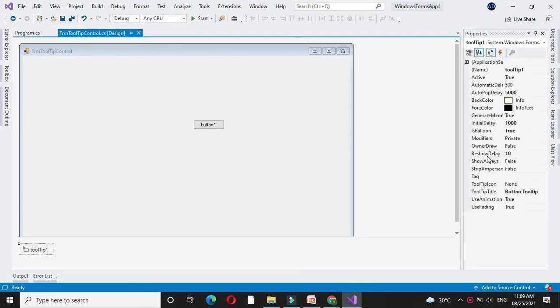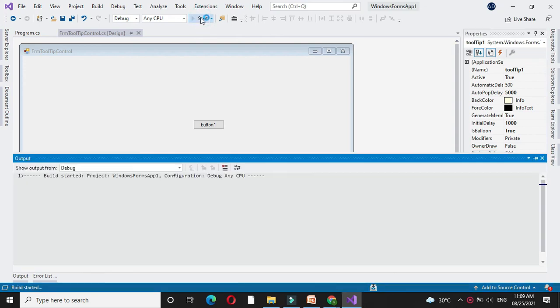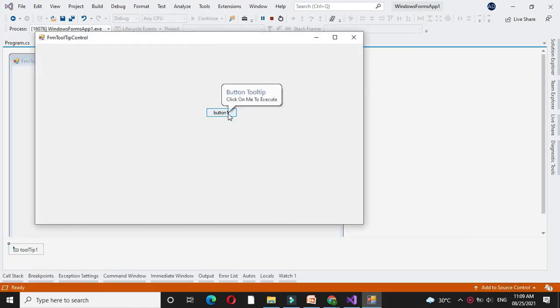If I set it to 500 and I execute, if I remove the focus from the button and again move the focus, it will display the tooltip again after 500 milliseconds.